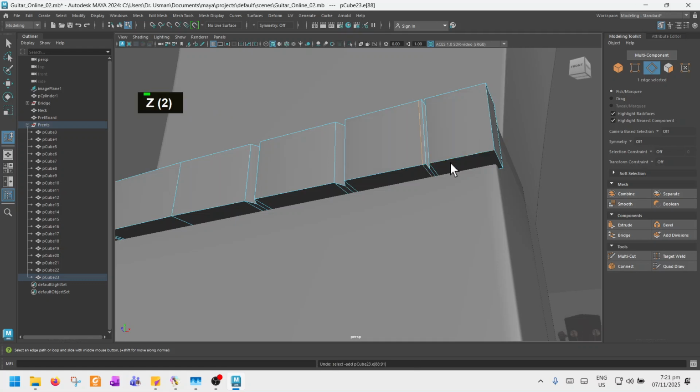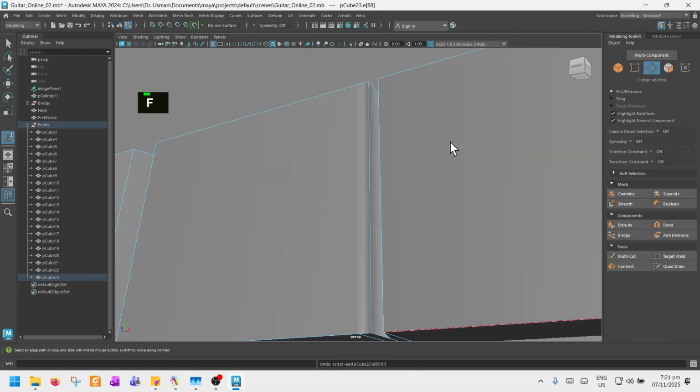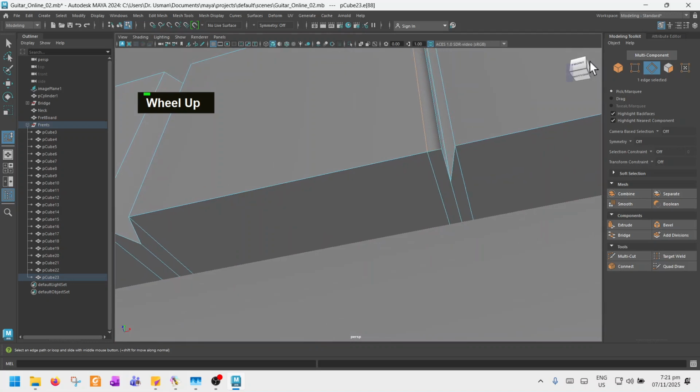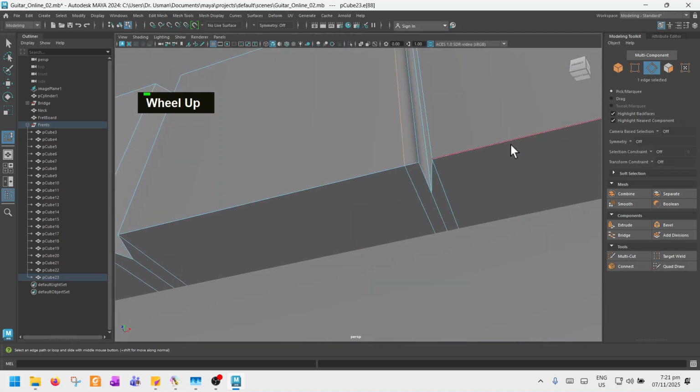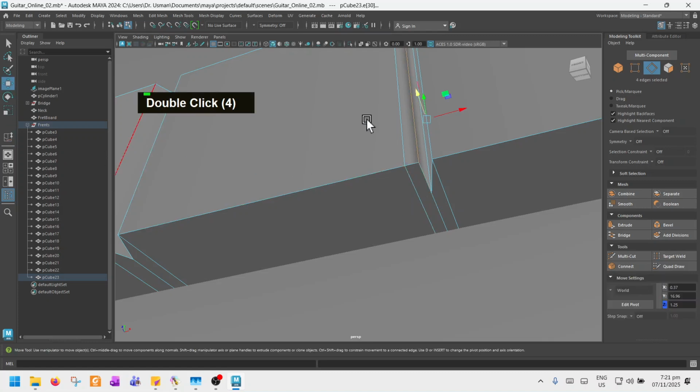or maybe focus this. You see, there is a problem with this edge. So there is already an edge there. So let's select this edge, not this one. So we want to delete this edge, but deleting this edge will not work. So we'll select this edge and move it this way,